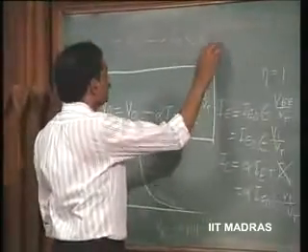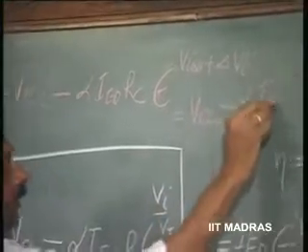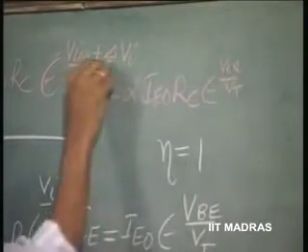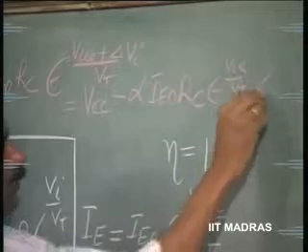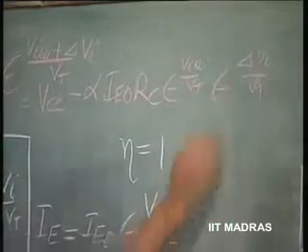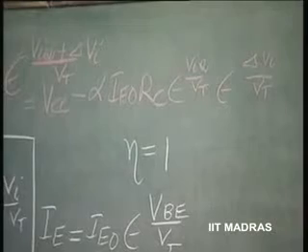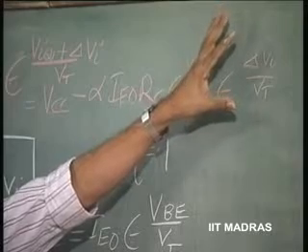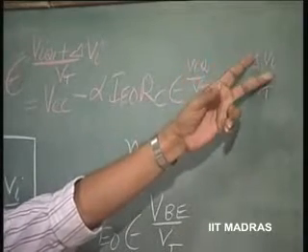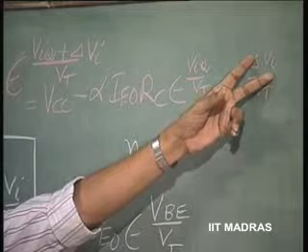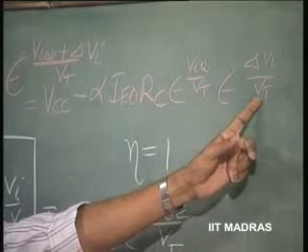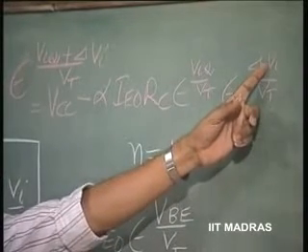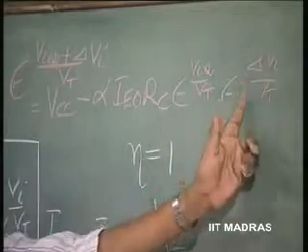So this is going to be VCC minus alpha IE naught RC exponent VIQ by VT, into exponent delta Vi by VT. What is small signal? Small signal is that signal at which I can consider the relationship between input and output linear. When the input voltage is changing by a small amount, I can consider it as small signal. That small amount is compared to Vt. Vt is of the order of 25 millivolts. That means if this delta Vi is of the order of a few millivolts, then it can be considered as small signal. Then we can expand this as